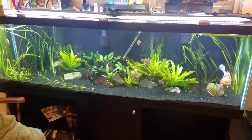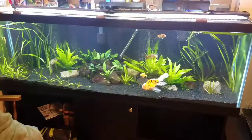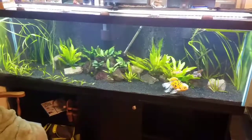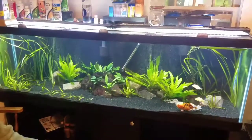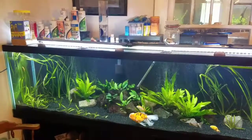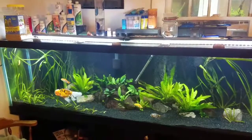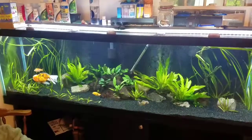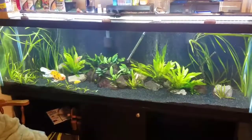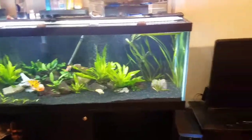But these lights are very expensive, relatively speaking. It's not like a Current USA light where you're paying $300-400 for a light or anything like that. But this is a light that I would say 20% of the fish community would purchase. The other 10% would be the people buying the Current lights and the super high-end lighting. But that's pretty much all I have to say about these. They work very well. So moving on into the fish room,